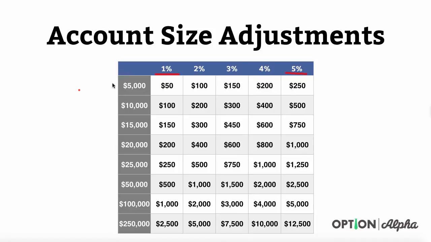And you can see that we've done that for every account size, 5,000 up to 250,000 in different chunks. Now, I understand that $50 doesn't even meet the requirement of the trade that we just made. So this is where I say that if you have a smaller account, you're under $5,000, you might have to increase your trade size as a percentage of your account balance so that you are able to do some